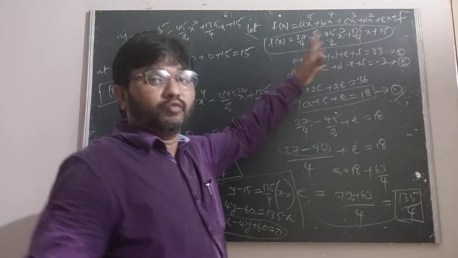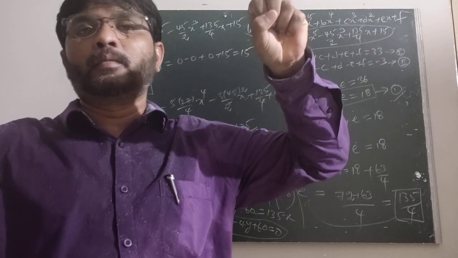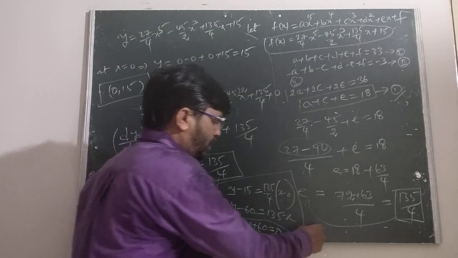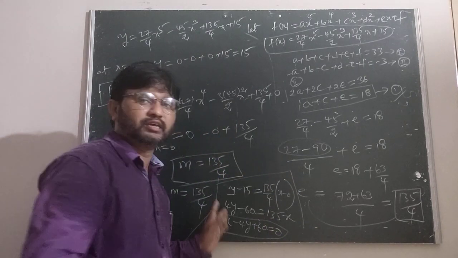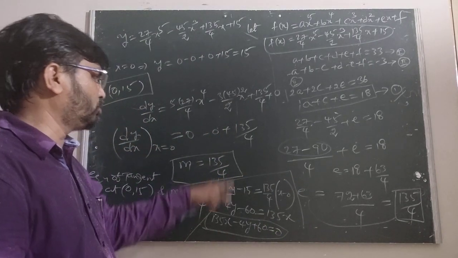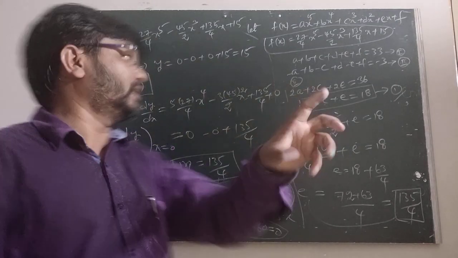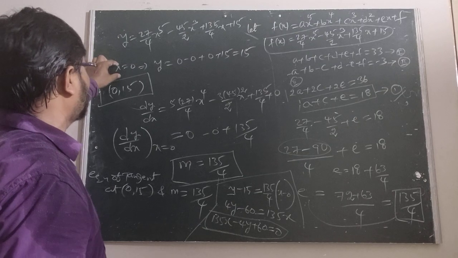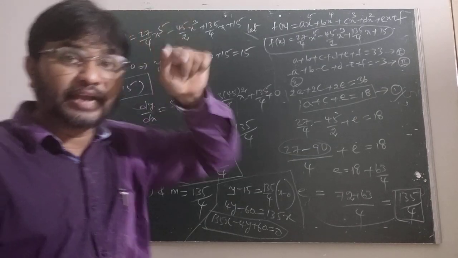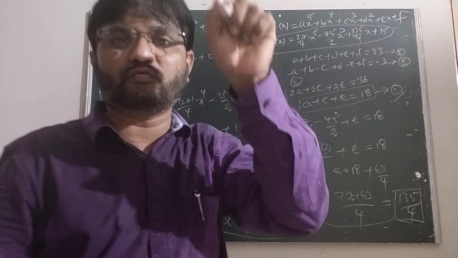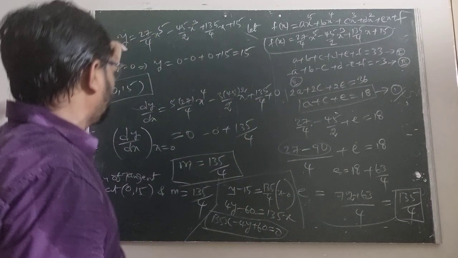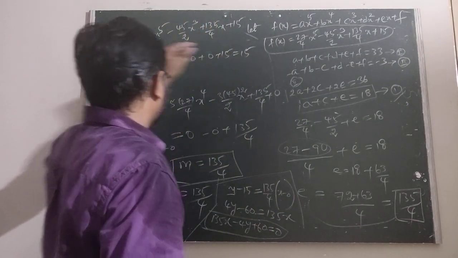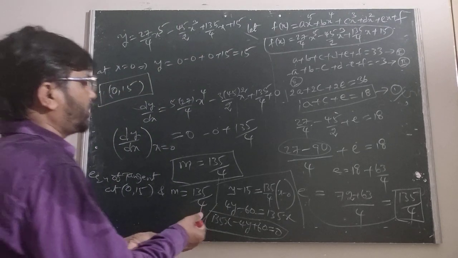When we find the polynomial, it is given by f of x. The question says y equal to f of x is the curve, that means y equal to this polynomial. Then we take x equal to 0. Now we find the tangent at 0 to the curve y equal to f of x. When we take x equal to 0, we get the value 15. That is the point 0 comma 15.